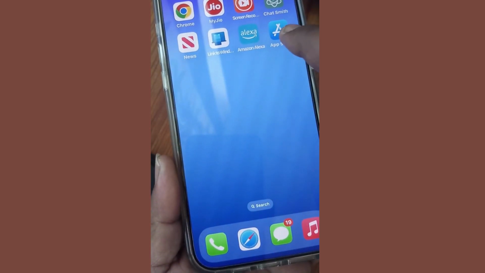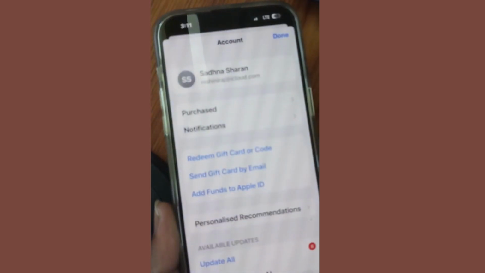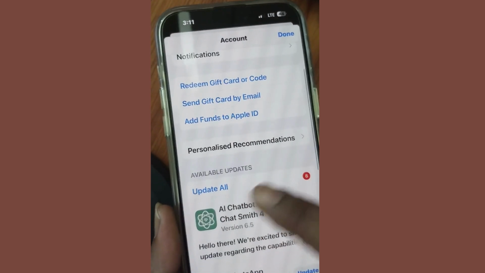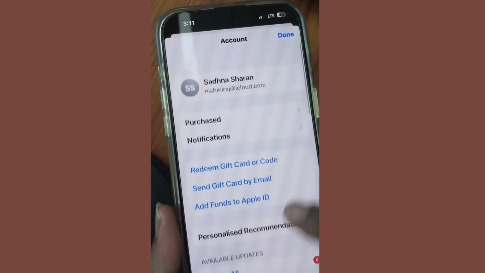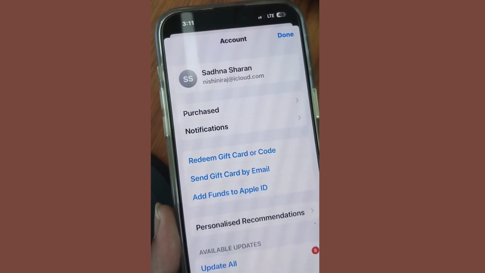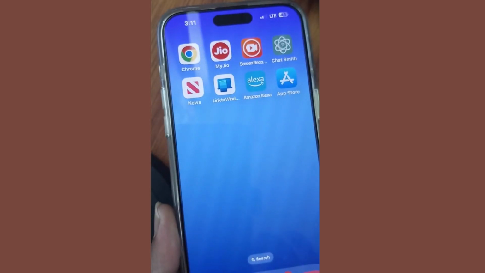If not, the next one is to go to the App Store on your iPhone, tap on your profile icon from the top right corner, and update all. If any update is available for your installed apps on your iPhone, simply update all, and definitely